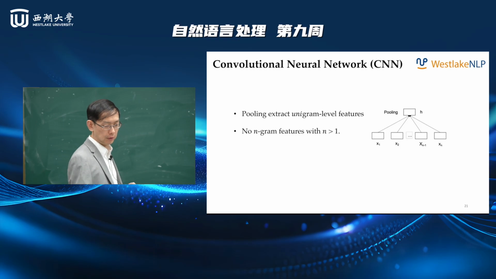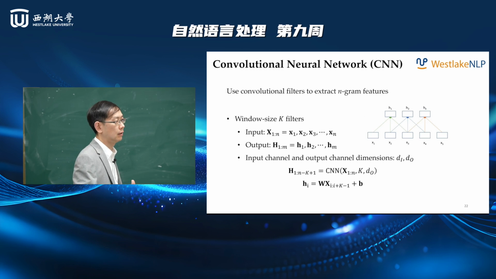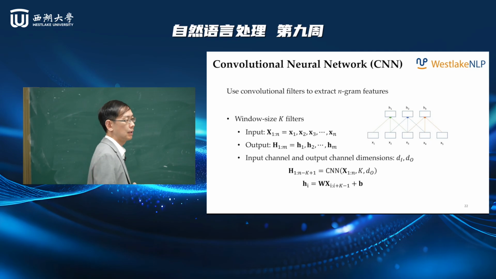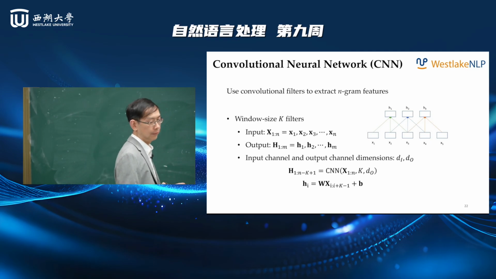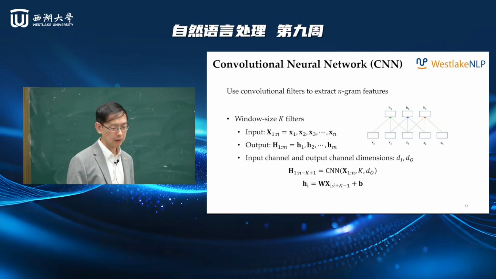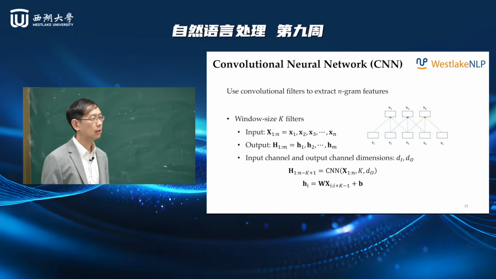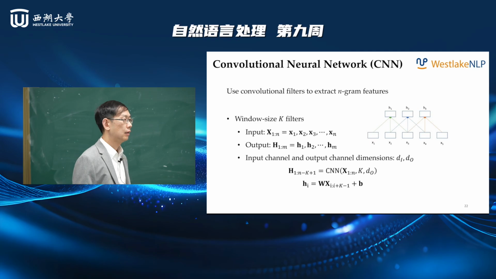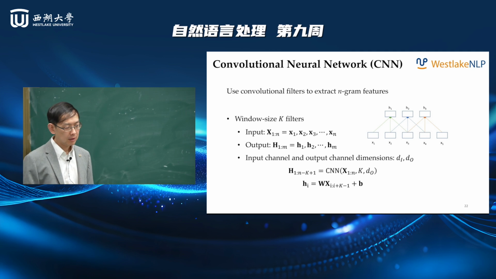So convolutional neural network extracts n-gram features. So all these neural networks are built using the multi-layer perceptron we learned last week. In a convolutional neural network, the input is a sequence, I denote it as x1 to xn. Now the output is another sequence, h1 to hm. So this value of m is determined by your convolution size. What do I mean by convolution size? So basically,